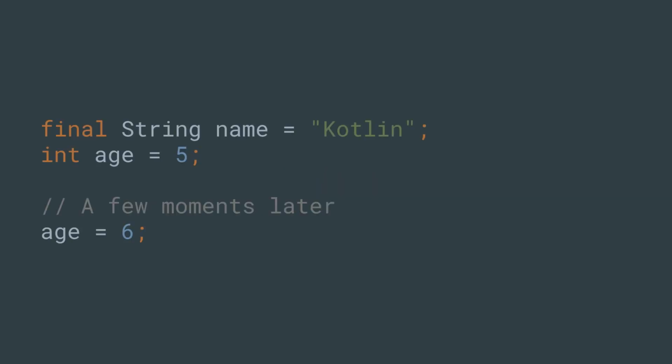Now, let's see how you deal with it in your code, which is pretty much what everyone always uses. This is Java, as you might see. You declare a name variable of type string, whose value is Kotlin, and you declare it as final, so that you know that you're never going to change that variable within your method. Then we have an age variable that's not final, so a few moments later we can just reassign the variable.